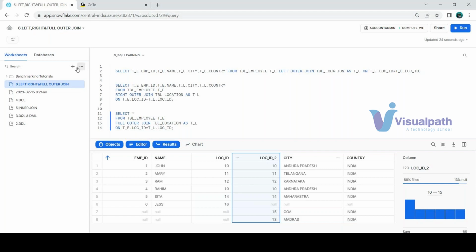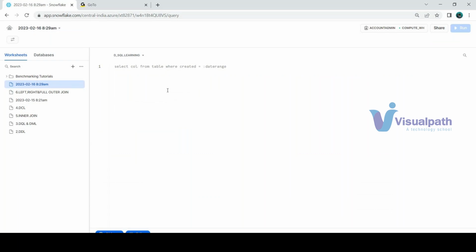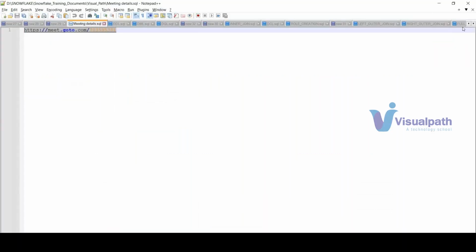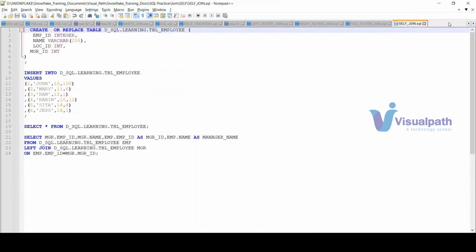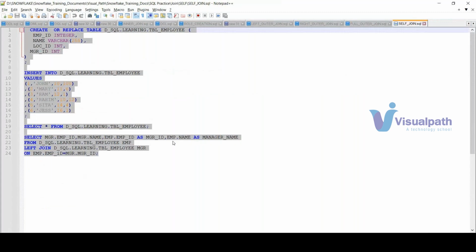So we do have time. We will just see the self join also. Self join is the one we will not use most of the times, but if we need to use it,